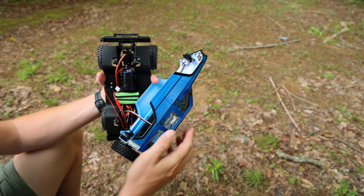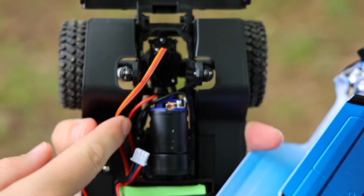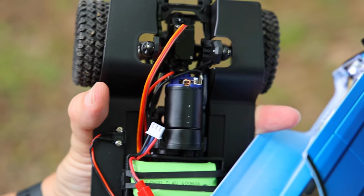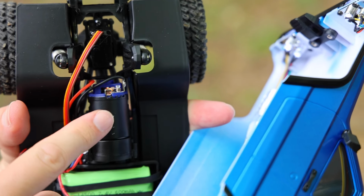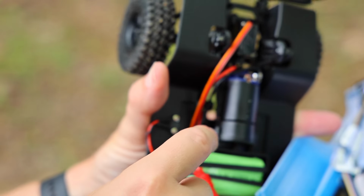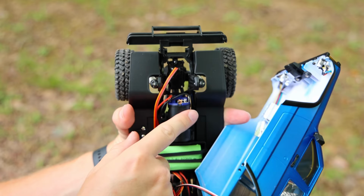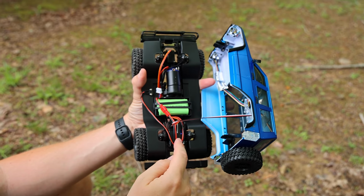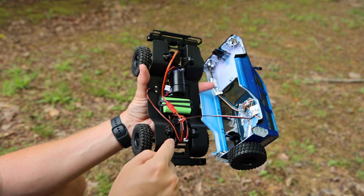Now here's the motor. How do we know it's a brushed motor and not brushless? Well, there's only 2 wires. So that's usually the dead giveaway right there. But this style, I don't know why, it's just running really quiet. It's really nice though. Our steering servo is mounted up front, and then the ESC receiver combo is just right here in the back. This wire...